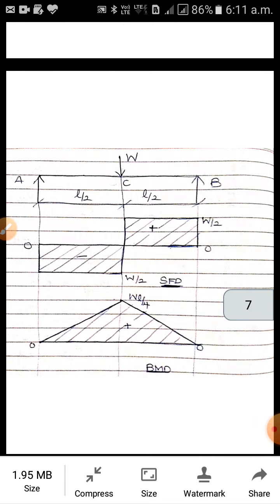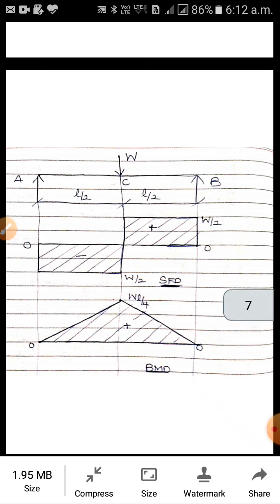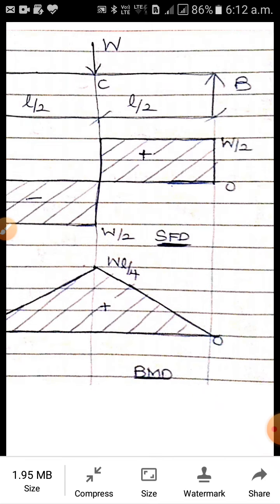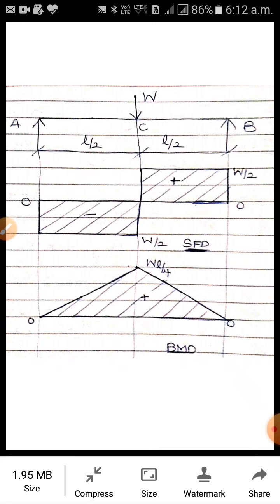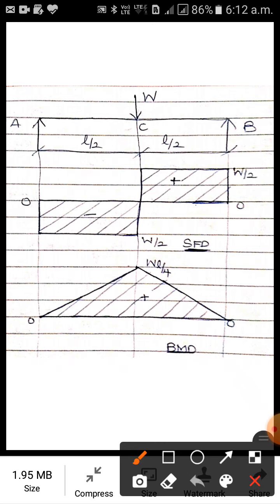See here, in the case of cantilever beams, for the sign convention, both the bending moment diagram and shear force diagram were negative, below the baseline. But here you see, the bending moment diagram will always be positive for a simply supported beam, and the shear force diagram will be a combination of positive and negative. And one more point, wherever the shear force is changing the sign, see this point, shear force is changing the sign from positive to negative. At this point only you will have maximum bending moment for a simply supported beam.